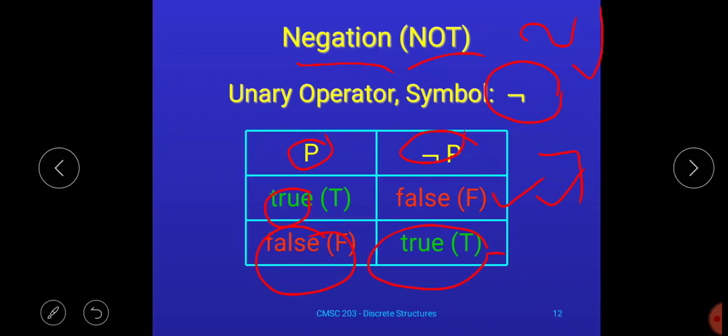The point that you have to remember is that generally the letter P we use for denoting a proposition in discrete structures. It's not the case that only P is used; P, Q, R, S, in fact any letter we use for denoting a proposition, and proposition means, as we all know, whose value will be either true or false. So if the proposition value is true, its negation will be false, and if the proposition value is false, its negation will be true. So this is all about negation.